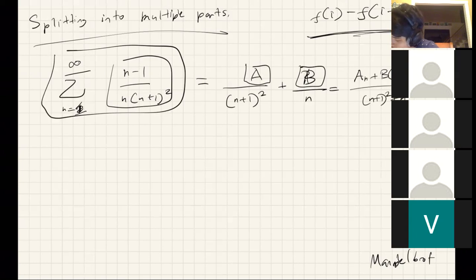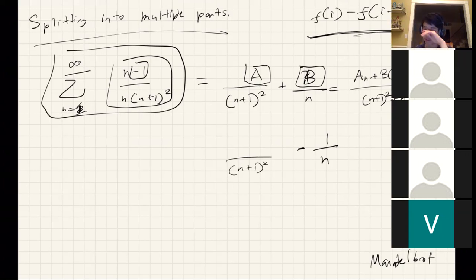Now you have to start thinking about how we're going to create this numerator from this a and this b. First of all, obviously b has to be equal to -1 in order to create this term. So first we have a -1 over n. So now what is a going to be? Ultimately, I'll leave it to you to verify, but a is going to come out to